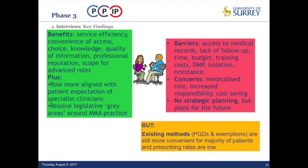They also felt that their role had become more aligned with patient expectations of what a specialist was, and in particular it resolved legislative grey areas around medicine. Legislative grey areas. I can see Rosie cringing. Around medicine's management practice. Some of the barriers that were reported were around access to medical records because of the